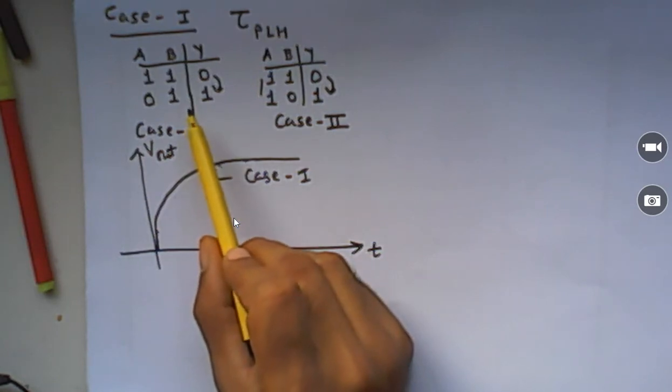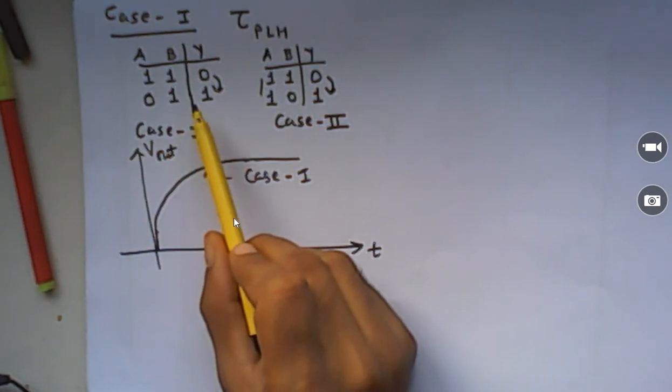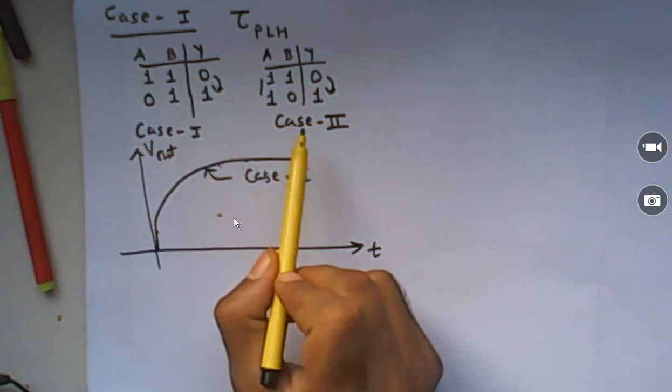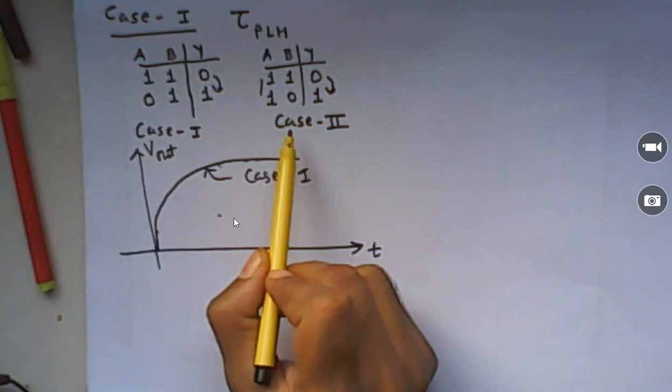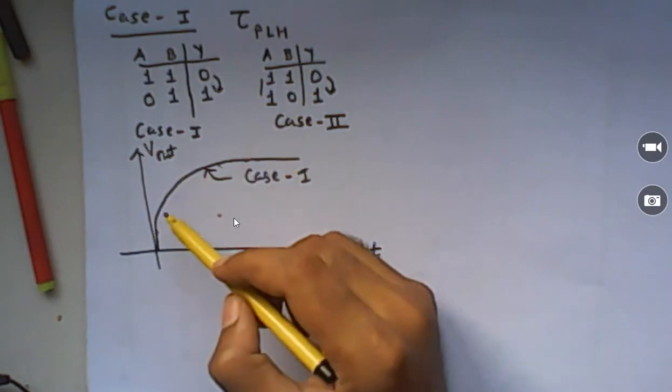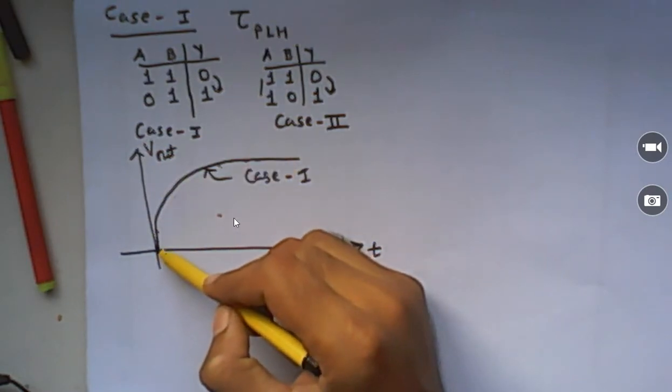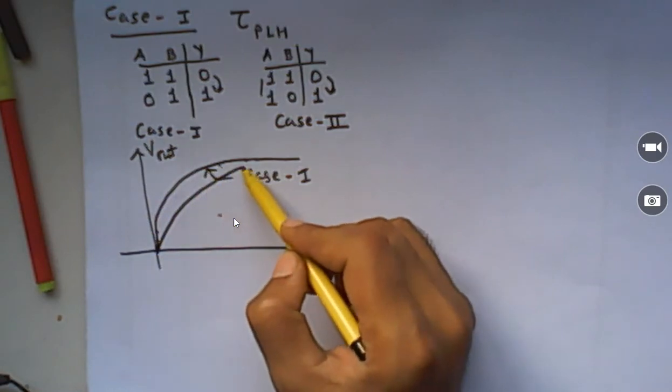So the node voltage stays as it is, so it is not charging that intermediate node capacitance. But in case 2, when input B changes, the intermediate node capacitance, which is between the source terminal of MOSFET A and the drain terminal of MOSFET B, its voltage is also going to change, right? So the total capacitance in case 2 is larger than the capacitance in case 1.